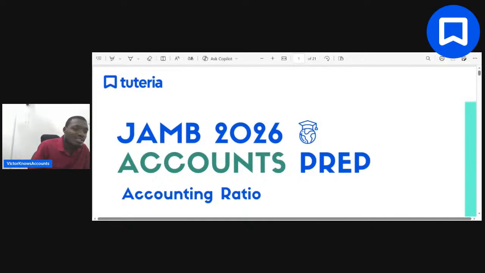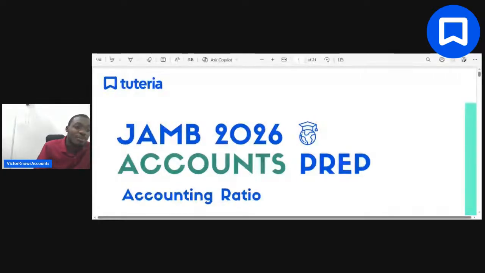All right. Oluwatimileyin said accounting ratios are financial metrics used to evaluate a company's performance and position. I love your use of English. That's fine. Actually, you are right, and that's basically what ratios are. They are financial metrics used to evaluate a company's performance and position. You used deep English there.